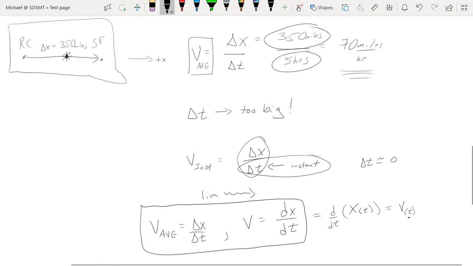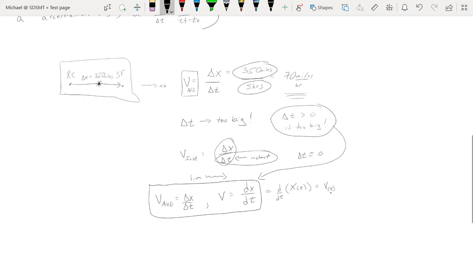And just in case you're wondering how big a time interval delta t has to be so that we have to call it an average, well, we'll make it easy. We'll just say anything bigger than 0 is too big. And I know that doesn't leave much else, but that will actually ensure that anything other than the instantaneous calculus version of our equation will have to be represented as an average.